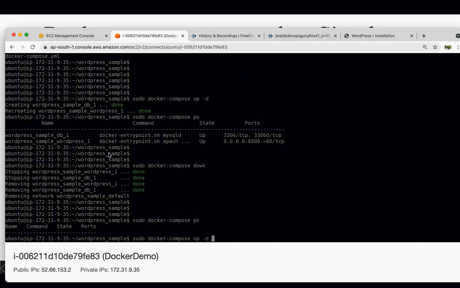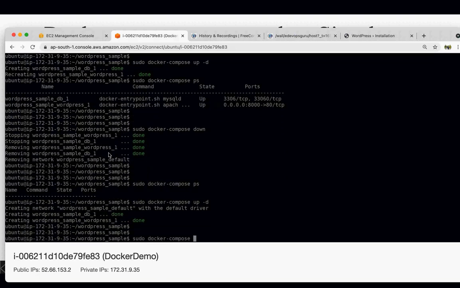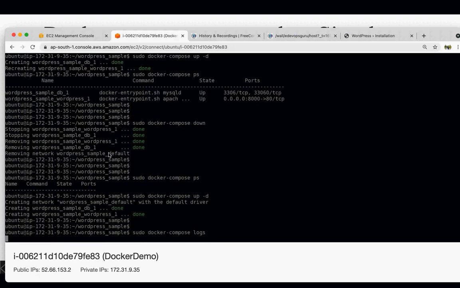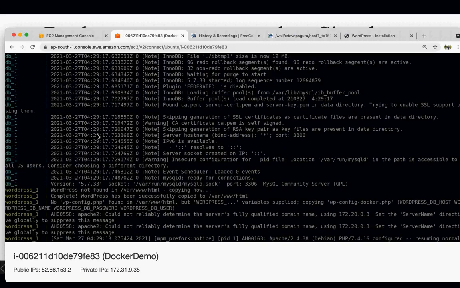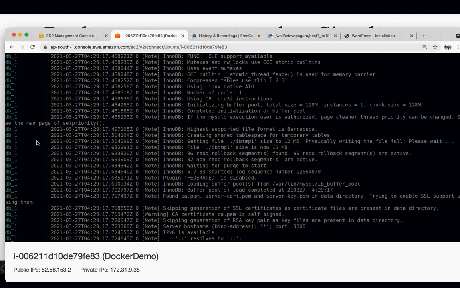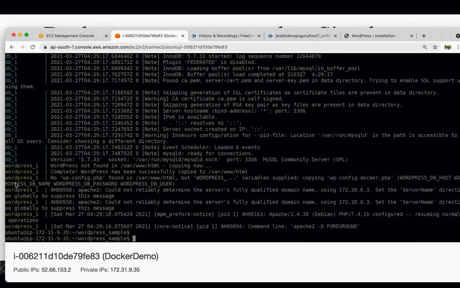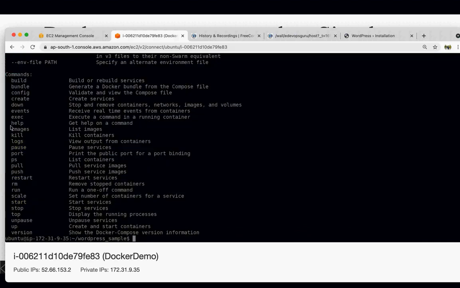So let's run it again and do one more thing. Docker compose up -d. Then you can type docker compose logs, and you will see all the logs for both the services. Here, db1 is the first service and WordPress is the second service. If you want to explore, you can go through these options.